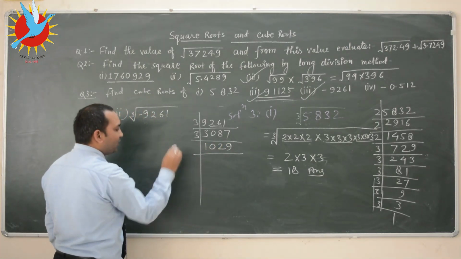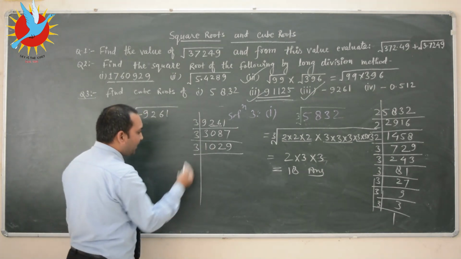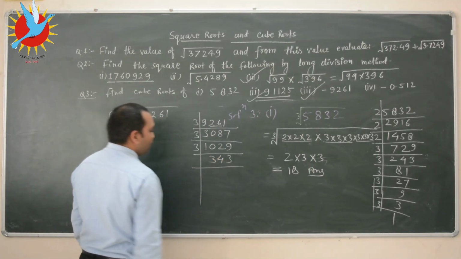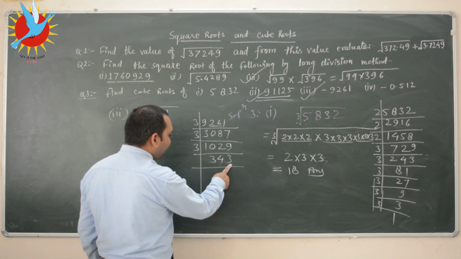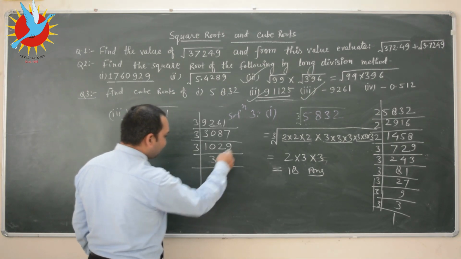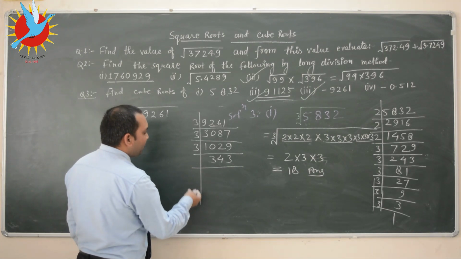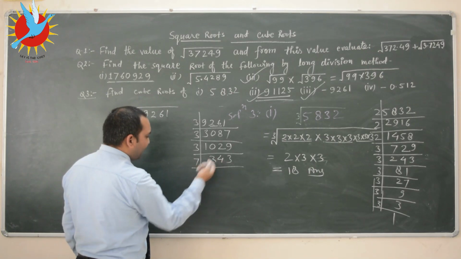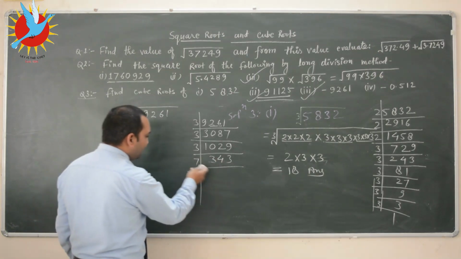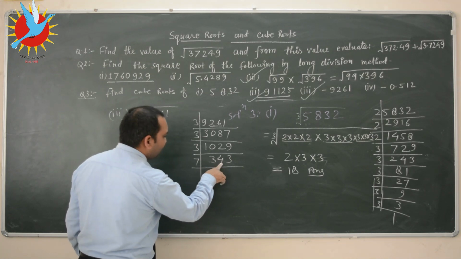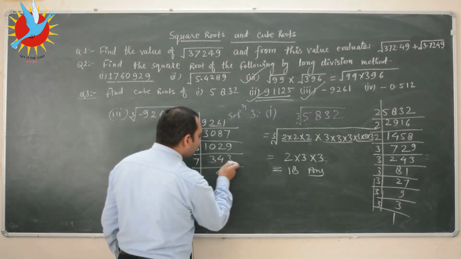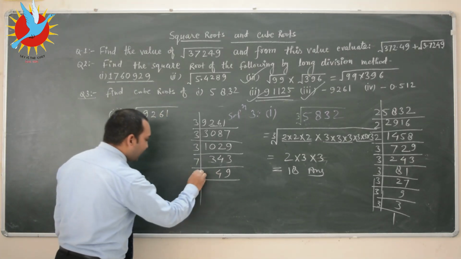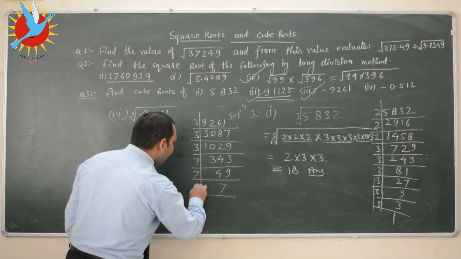Now 9 to 11, 1 12, once again divisible by 3, 3 3s are 9, 12, 3 4s are 12, 3 3s are 9. So 343 is divisible by 3, 3 4 7, 3 10, it is not divisible by 3, so we take 7. It is not divisible by 5 also, 4 also, so we take 7. 7 4s are 28, so 28, 6 3 63, now 7 9s are 63, so 49 once again divisible by 7, 7 7s and 7 1s.